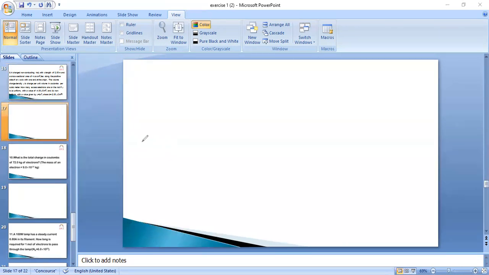First of all, given information we can write here. What is the length of the rod? Length of the rod is given 2 meters. And area of cross section is given 4 centimeters square. Of course, we can write in SI units, that is 4 into 10 power minus 4 meters square.